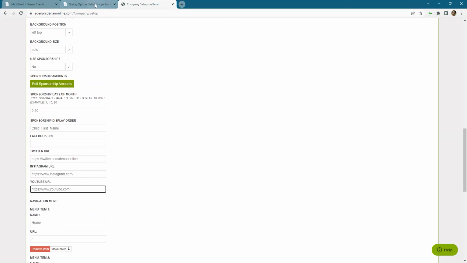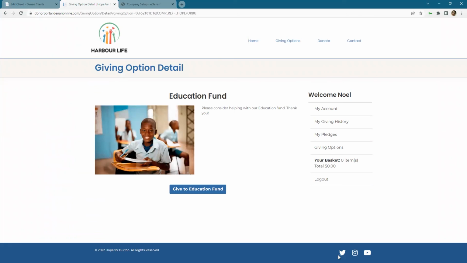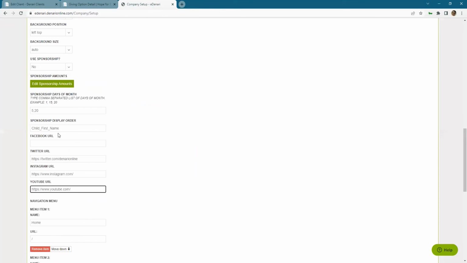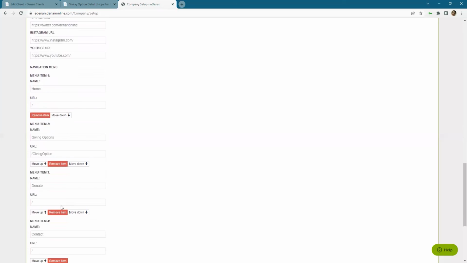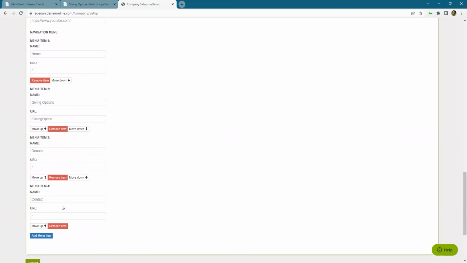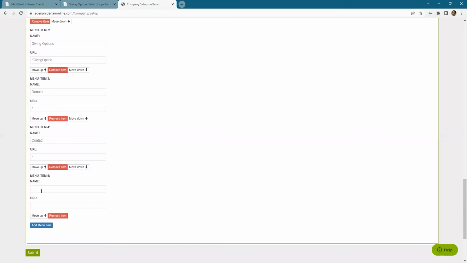And when we go back to the donor portal, the only social media icons I have here are Twitter, Instagram, and YouTube, but not Facebook, because that field is empty. And then lastly, we have the navigation here. So if I wanted to add another navigation item, currently we have home, giving options, donate, and contact. Maybe I wanted to add, let's say,